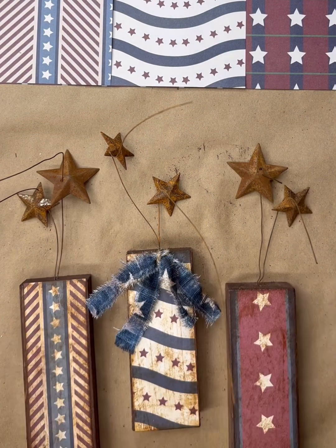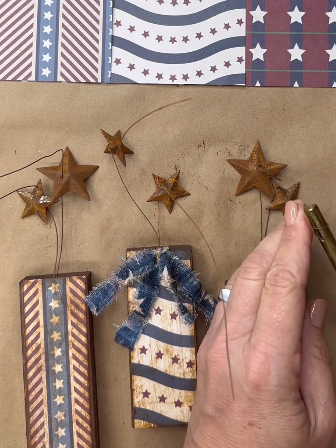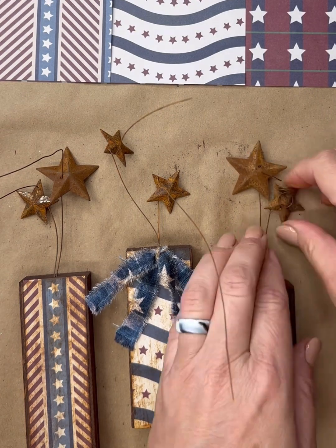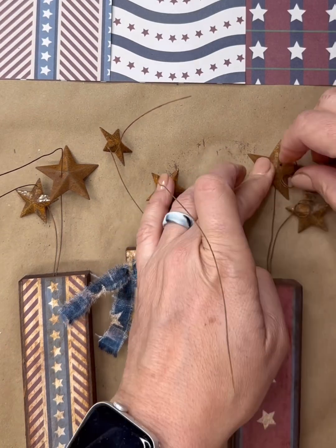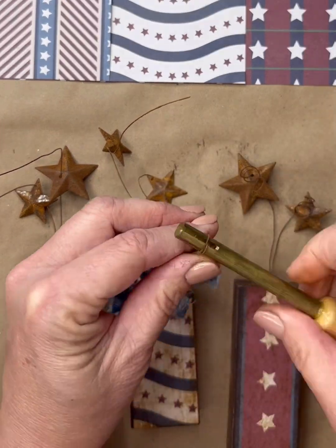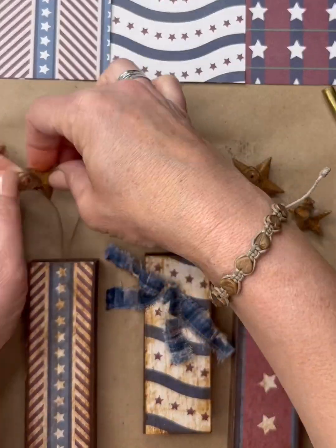You can see that I just added 1 little bow to the center firework, and that was just enough for me. But I also wanted to make sure that I curled the ends of each of the wires as well. One tip that I wanted to share was once you get these curled and kind of whimsical the way you want them to be displayed,